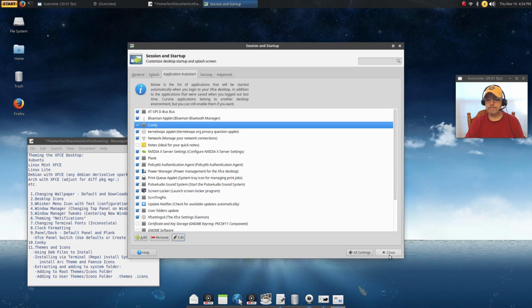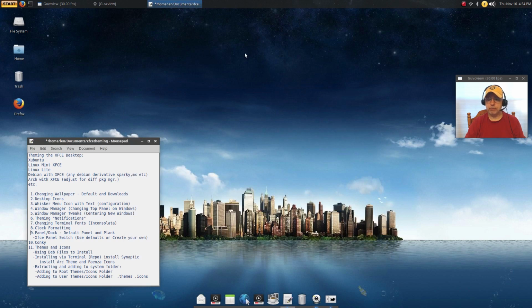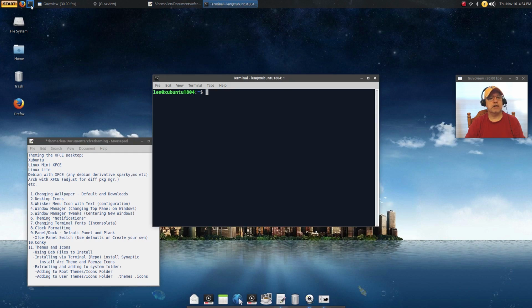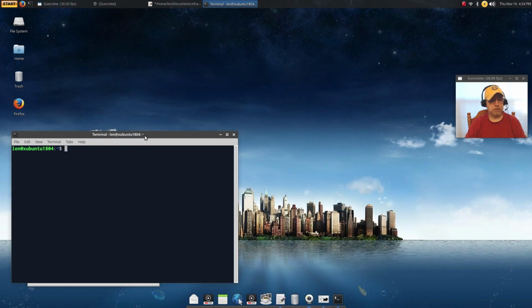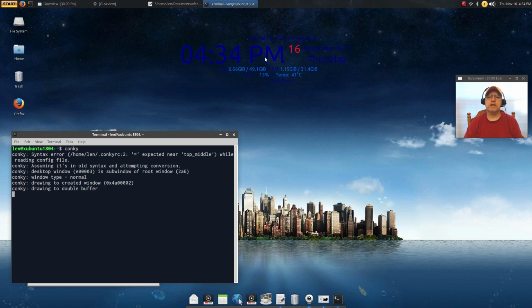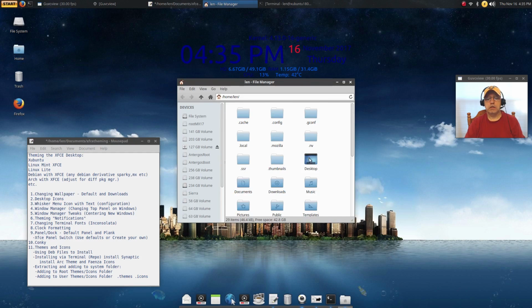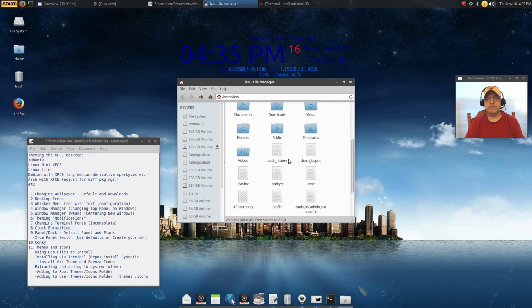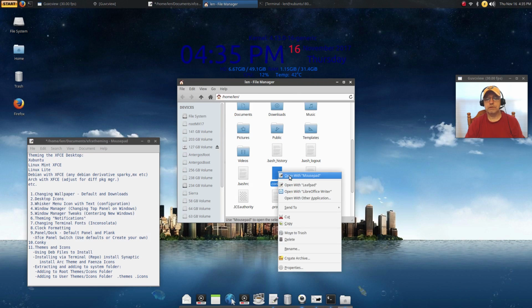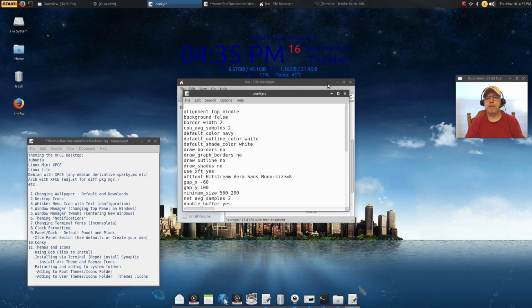So you're going to make sure you have that in there, and that way your Conky will start every time you reboot your machine. Now I don't want to reboot the machine right now, so I'm going to see if I can start the Conky just with a command. Okay, so you can see the Conky is now in the center of my screen. If I close this terminal window, my Conky will disappear, so I'm not going to do that. But what I'm going to do is show you the file and give you a couple of configuration options. So if I open that with LeafPad,